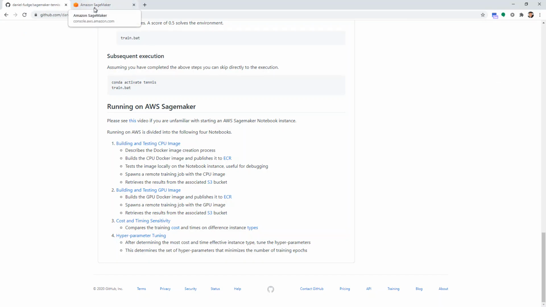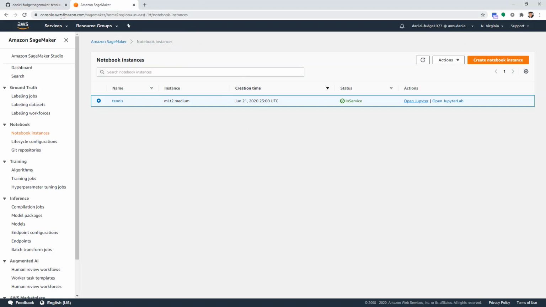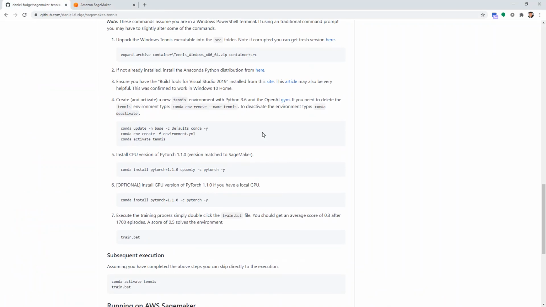And I'm just going to assume that you've done that. And here I'm just jumping straight into SageMaker. So in SageMaker notebook instances, I've already started one up here, just on a small T2 medium. The main thing that you do, though, is when you're creating that instance, make sure you reference in the